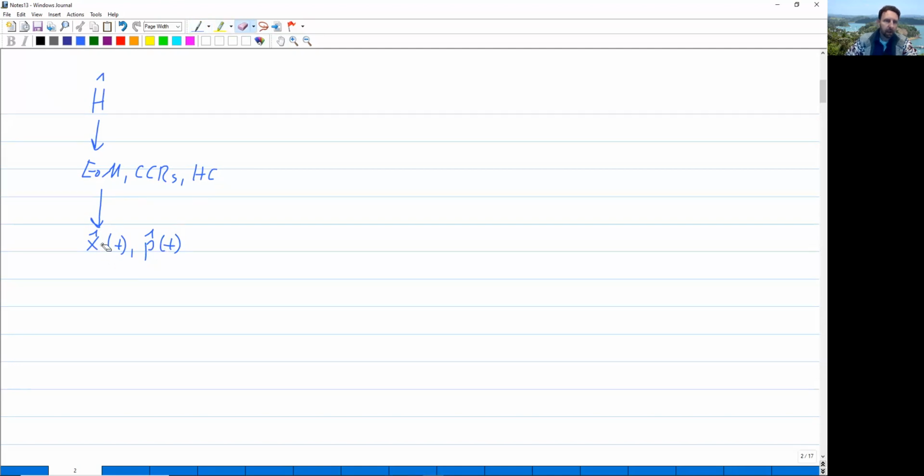It's implied that these can have indices. And any polynomial of those, f hat of t. Once we have these, we can then choose an initial state vector